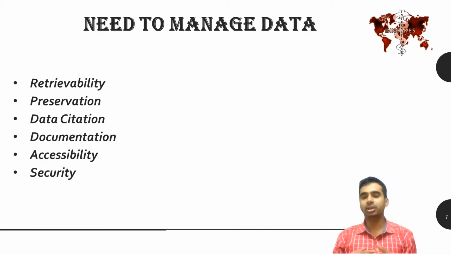Documentation is also an important part, because once you've documented the data, you have proof that it is you who have collected and analyzed the data. Accessibility: being able to access the stored and analyzed data by your peers, colleagues, members of another research group, or any journals, if you wish to share it. That is where accessibility plays an important role.